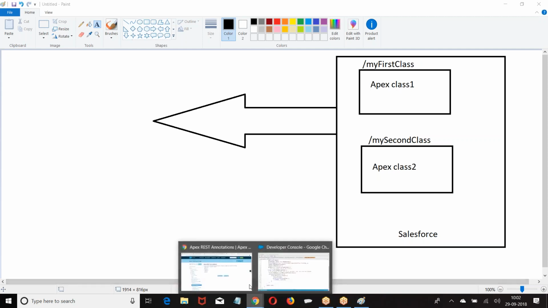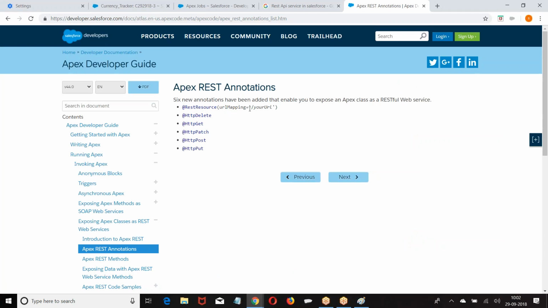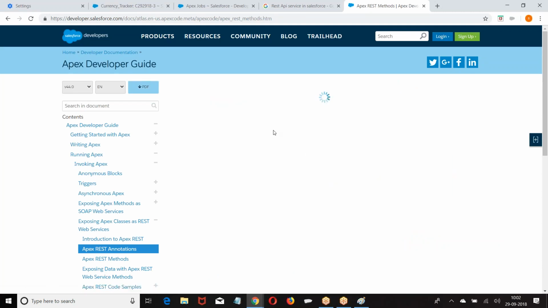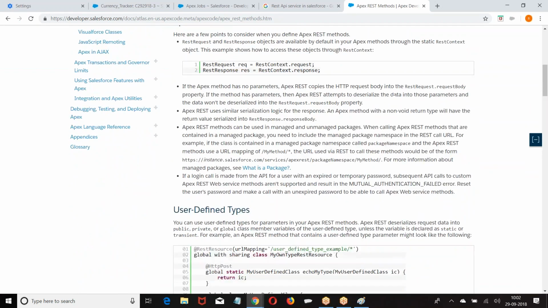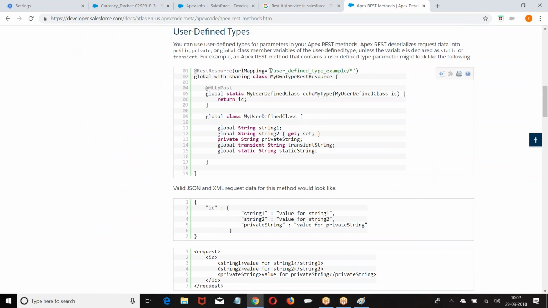That is given as @RestResource urlMapping. What is the URL with which you want to access this class? That should be given as urlMapping equal to slash name of the URL.